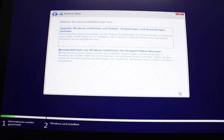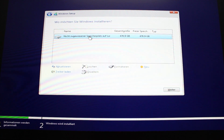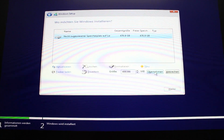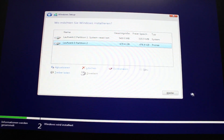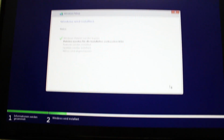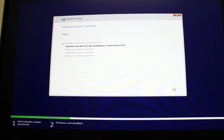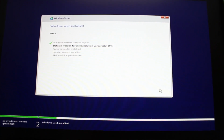Then yes, I accept. Then I go to this one, advanced. I create a new boot drive. That's the SSD I'm using. We'll go to next, and then Windows will copy all the files onto this SSD, and once it is finished,